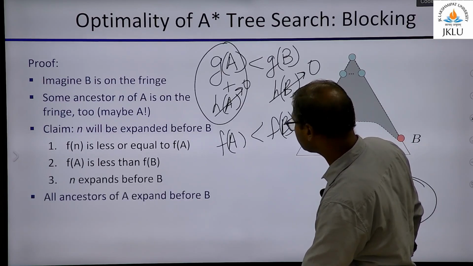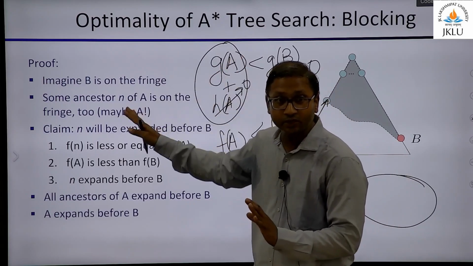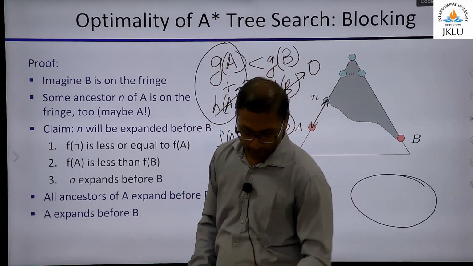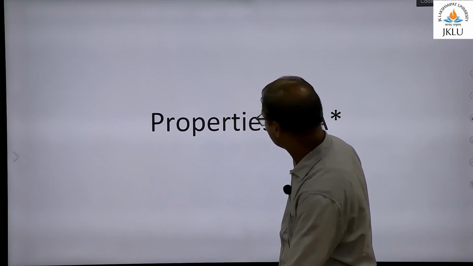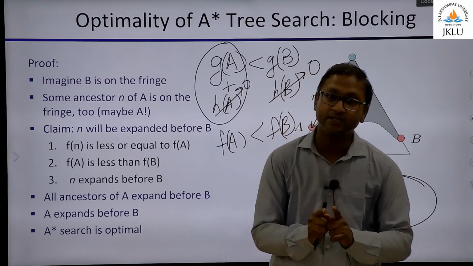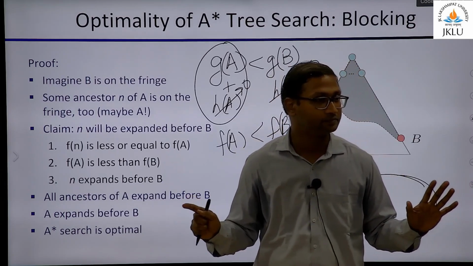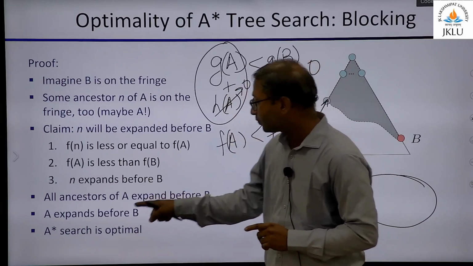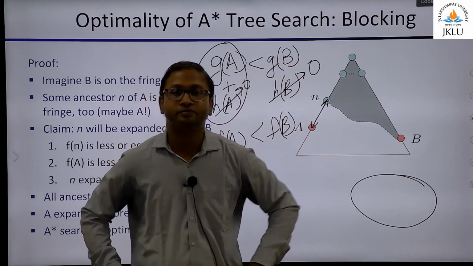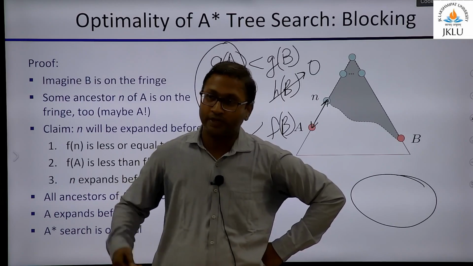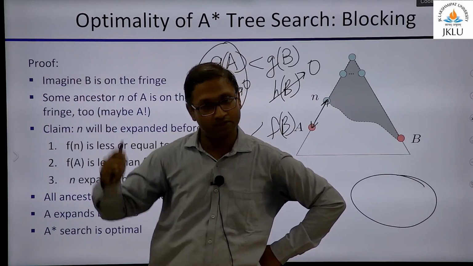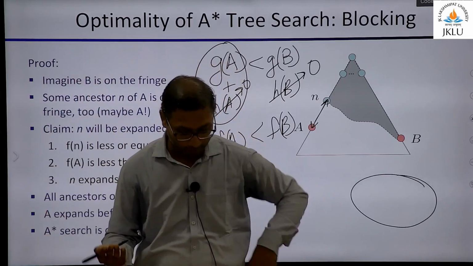Okay. So I repeat, I am not asking you this proof per se, but ये जो छोटी छोटी चीजें थी, that you should know. And you should of course know that A star search is optimal provided H is admissible. Now since we have proven A star is optimal, can you prove UCS is optimal? So A star reduces to UCS when H equal to 0, hence UCS is also optimal.